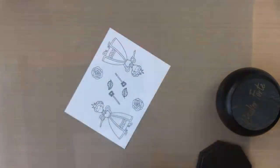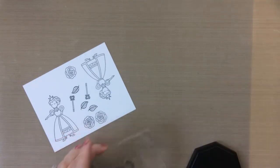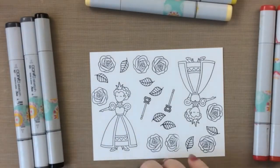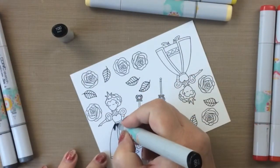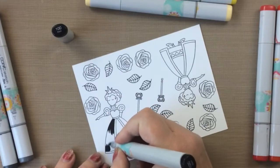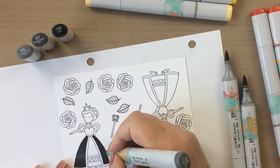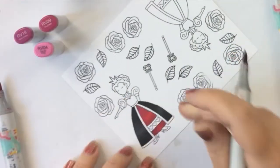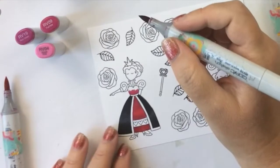These sheets are also larger, so you can cut them down just to fit your card. So I just cut it down, so I used just a quarter of it so that it was an A2 size card. Then I stamped out my Queen of Hearts images. Now you know that I love these images. I love to color them up, and I thought that I would show you how I add a little more pizzazz to these dresses. It's something that I love to do, and so I thought I would just share with you. I'm going to color this up very quickly,